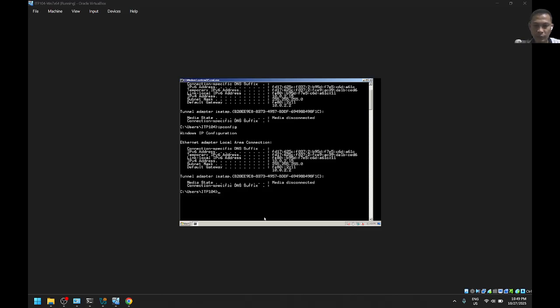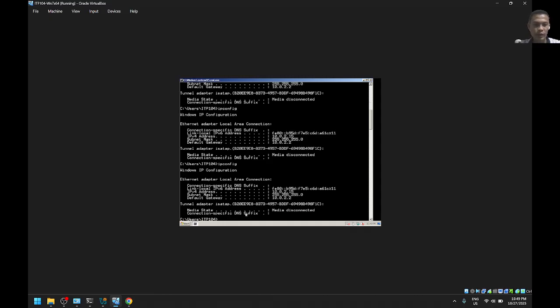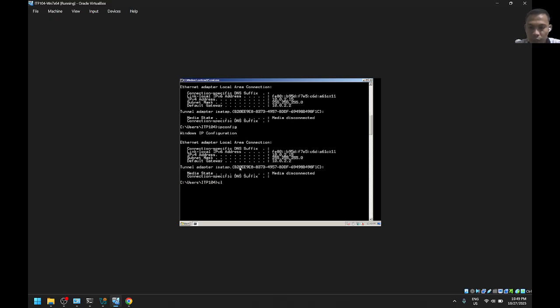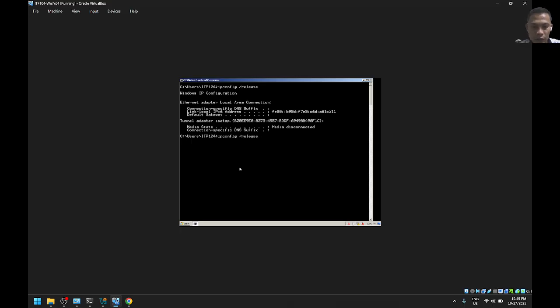Now in this part, in case the IP address of our virtual OS is not changing, just arrow up ipconfig and then slash release. After releasing, arrow up and renew to get a newer IP address.